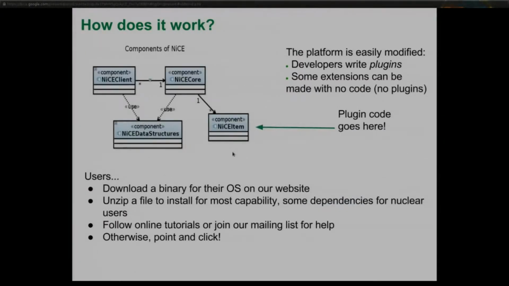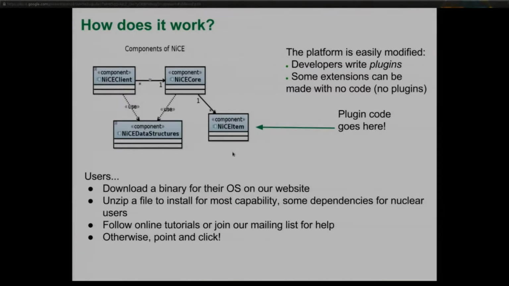And basically, how does this platform work? Now remember I told you that we have all these codes, and we have all these tasks that we want to do, and we want to plug them in. How does it work? So from a developer perspective, you write a plugin. Download Eclipse, generate some code, and in fact, some extensions can be done just by giving us a file. So we can do wonders with an XML file. And we're updating some stuff we have so we can do even more with it.